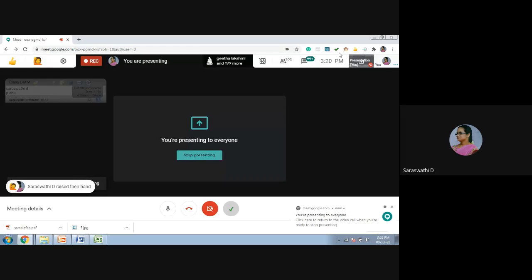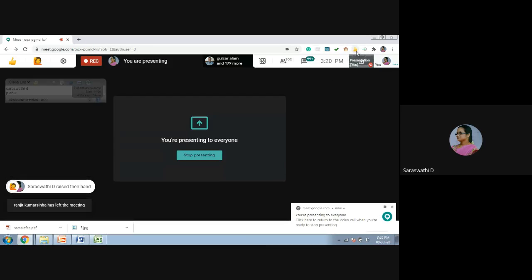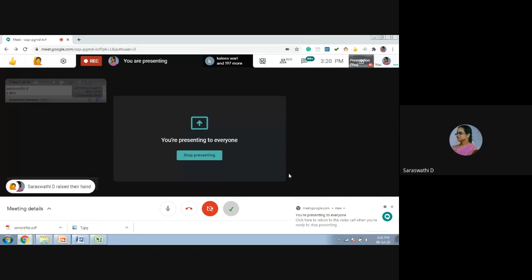So without disturbing this meeting, you can work with this. And here you have the space bar. You just press the space bar, it will mute and unmute. And here you have the option button. With that option button, you can admit the students automatically.